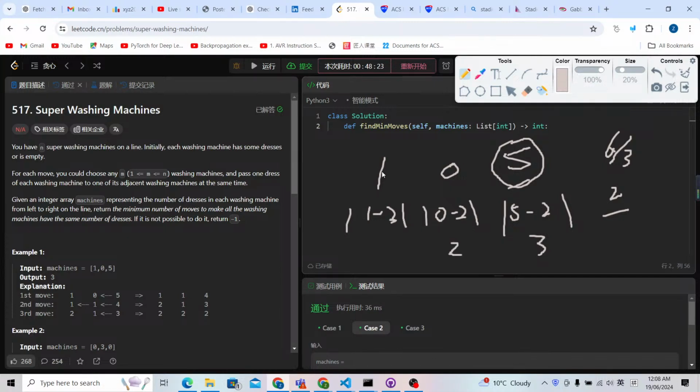And at this position, the average is 2, so I need 1 more dress. So this means I need to take out 3, I need 2, I need 1. You know that the sum of all those values also equals 0. From this formula we can get the maximum value, which is 3. But this is not the result, because this only covers the situation where